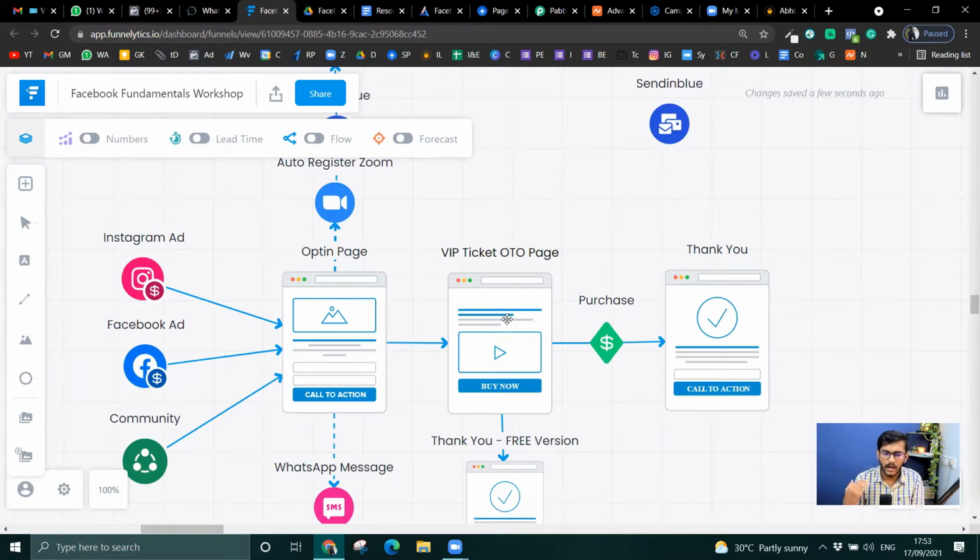I am not trying to scale this up to say 1,000 people, 2,000 people. I just want 100 folks to be in the workshop, just because it's a test workshop. I'm trying to do some experiment, right? So I don't want more people. I want max 100 people to be registered for the workshop.